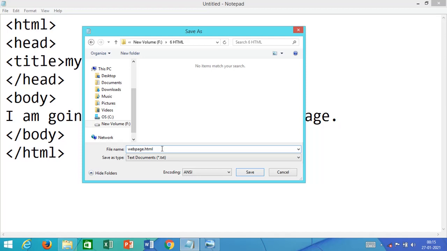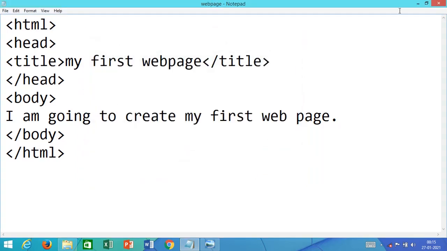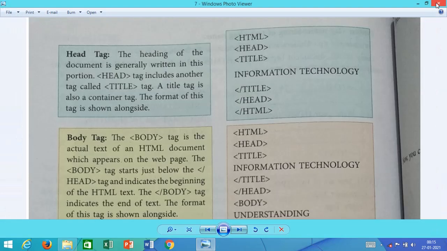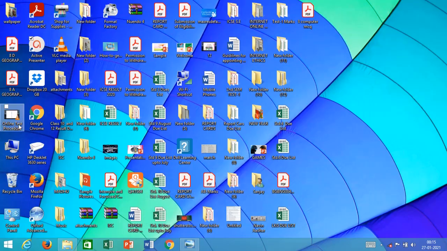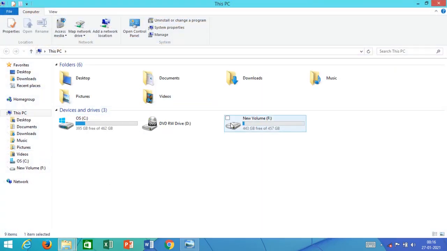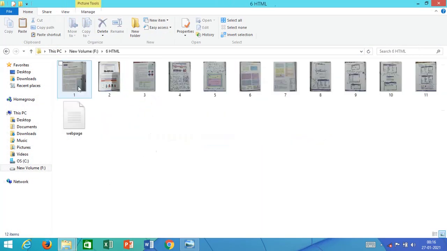So my file name is web page and the whole name is webpage.html. Now I'll click on Save. So my file is saved right now. Now I will go to that particular place where I have saved the file. Here is the web page file I have saved.